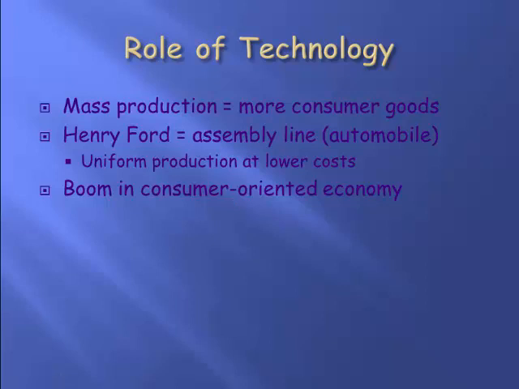So there's a boom in a consumer-oriented economy. Once again, nobody was buying anything during the war because there wasn't much to buy. Now there's going to be this really expansive consumer economy where everyone is going to be buying everything. Along with that, a new business flourishes in the 1920s: advertising agencies begin to put out commercials, banners, posters, and things you're going to see along the sides of the roadways that really get people to want these products. So you're going to see these products being advertised, and therefore more and more people are going to buy them.